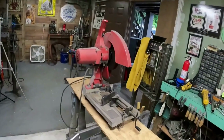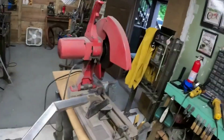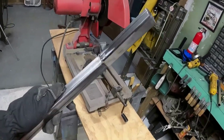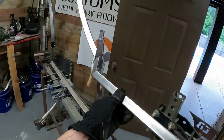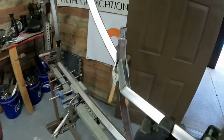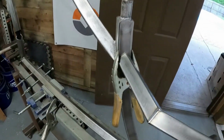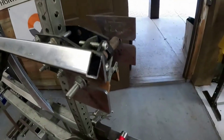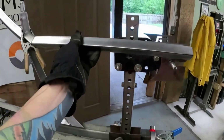I went ahead and I broke out the chop saw. Don't really use this much, but in order to get some of the angles and wanting to make sure that I can duplicate it, I went ahead and I broke that out. Yeah, so this will go here. It'll lock on like that. You see it'll get welded right to that post. This will get welded back here like so, and we'll cap off the end, but it'll give it a nice